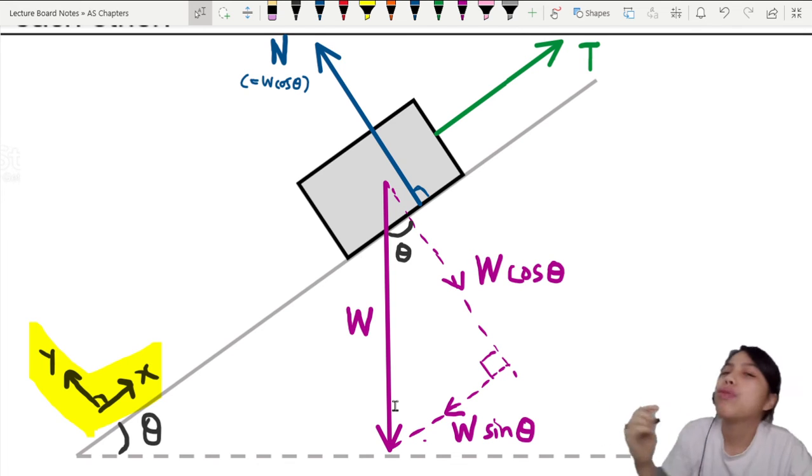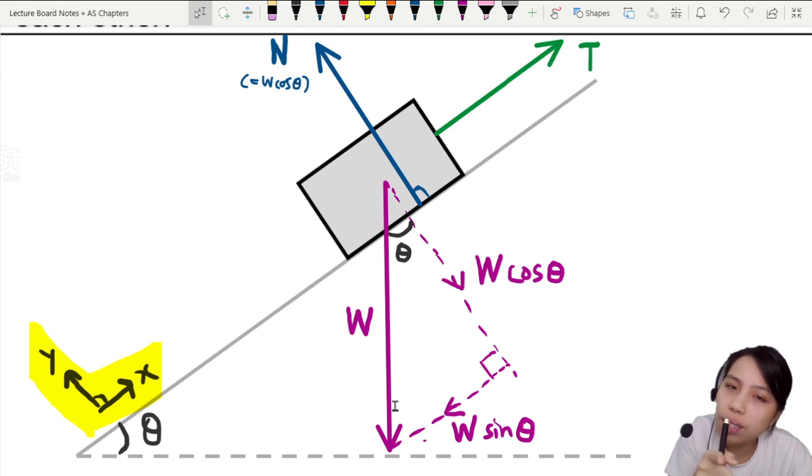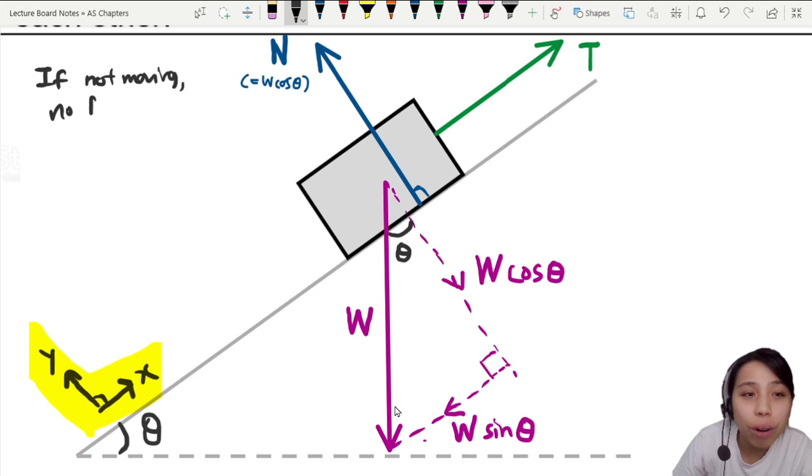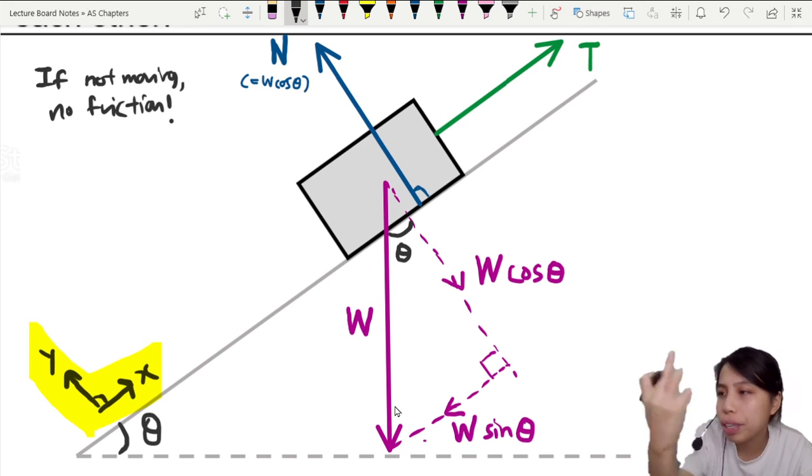If I want to know if there's friction or not, I need to know three things. Is this block moving or not? If not moving, this is it. Stationary equilibrium. So I'm going to say if equilibrium. Oh, what the equilibrium means, never mind, we'll get to that first. If the block is not moving, no friction at all. No need to draw. If they say the surface is smooth, no friction. That's it. But if they say there's friction and you know which direction the block is moving, you have to